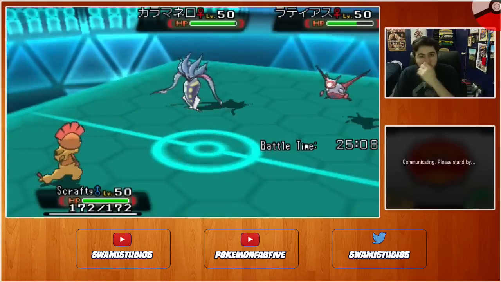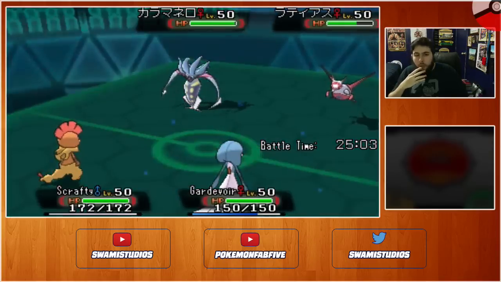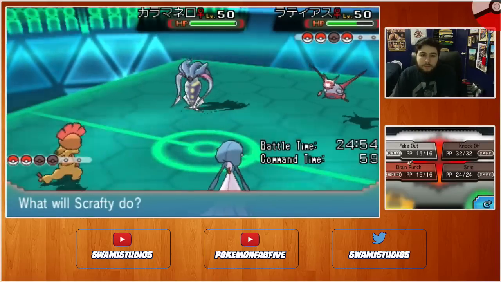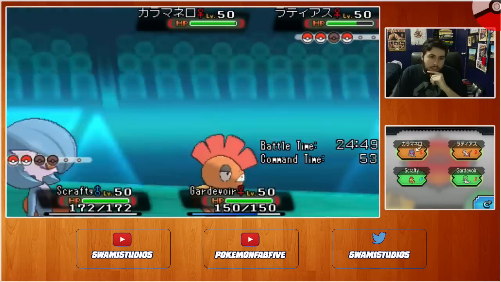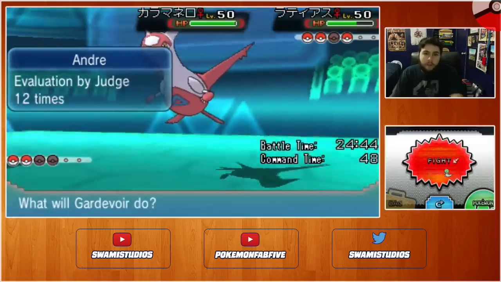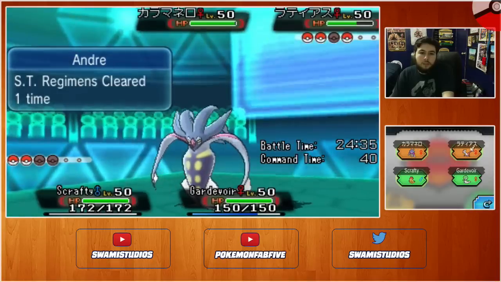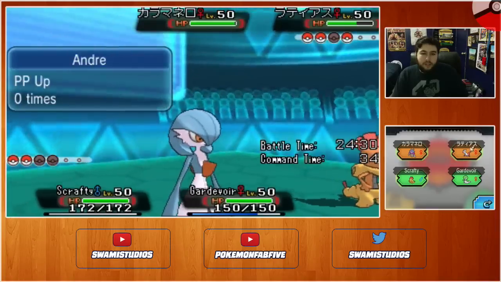Beautiful. So in comes my Gardevoir. Do I want to Dazzling Gleam here? A Knock Off onto the Malamar slot could be useful, but I think knocking off the Latios would be better. And I'm going to go for a Dazzling Gleam. I might double into the Latias. Because that Malamar, if it's going to do anything, it's going to do it to my...